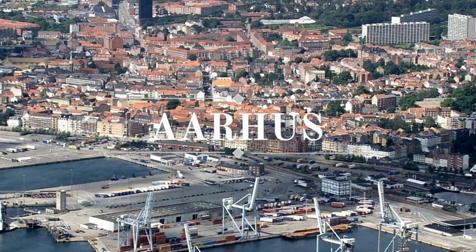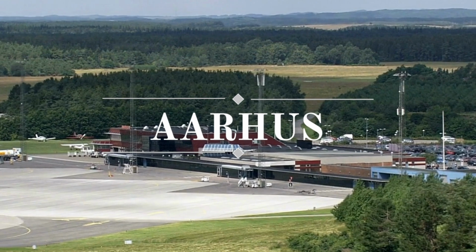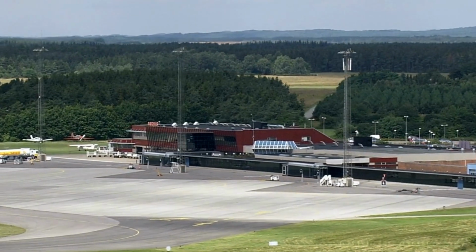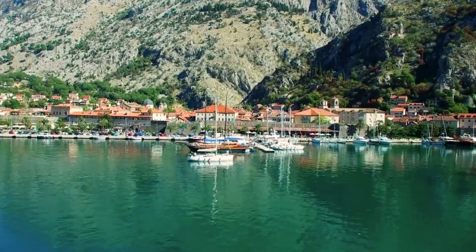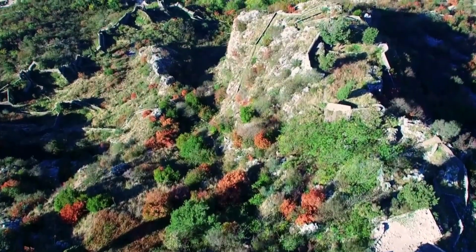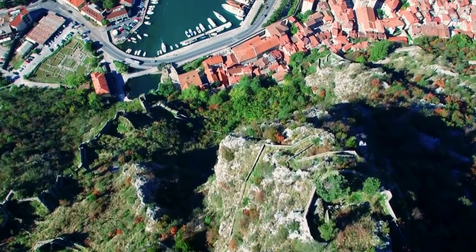Number 3. Aarhus. Aarhus is the second largest city in Denmark, located on the bay of the same name in central Jutland. The city is situated between beaches, forests, and national parks. However, it's also a cultural center. Aarhus has one of the country's most iconic landmarks, the ARoS,